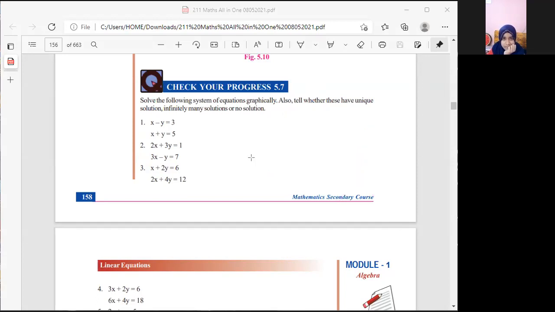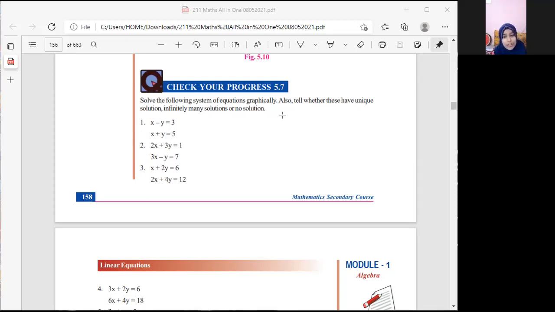Or if we have two lines which are parallel to each other, then we call it no solution at all. When we do this, I will explain more in detail, and you will understand it better. First, what we are going to do is make the points. Can we start making the points? Do you remember how we are supposed to do it?